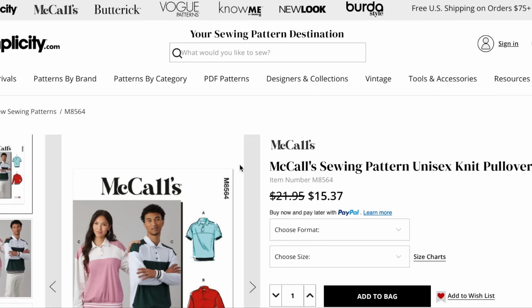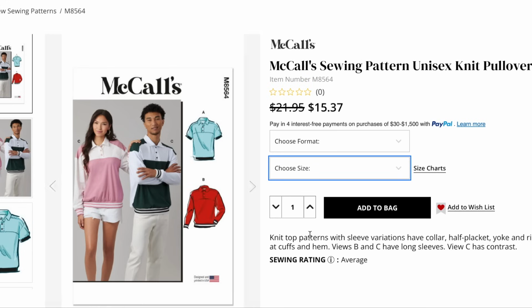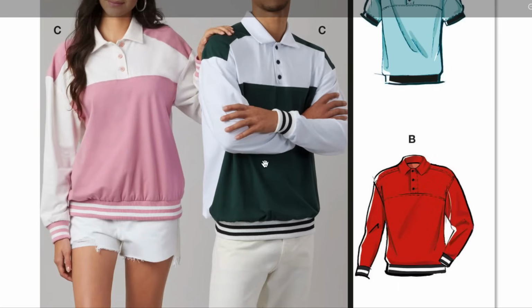Okay, we have these unisex knit pullover tops. Same sizing. Knit top patterns with sleeve variations have collar, half placket yoke, and ribbed finishes at cuffs and hem. Long sleeves or contrast. Okay, so this really is like a polo. Yeah, it's a cute little Henley sweatshirt, maybe French terry type of vibe. I don't love the band or the length or the band plus the length. Or maybe I don't mind the band. I just wish it were